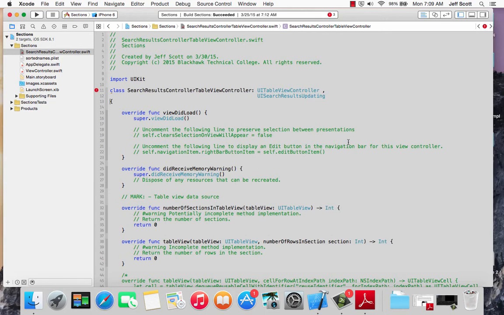Since it's going to implement the search operation for us, SearchResultsController needs access to the list of names that the main view controller is displaying. So we'll need to give it properties that we can use to pass it the names dictionary and the list of the keys that we're using to display in the main view controller. It says add the following code to the top of the file, which is where I am up here. All right, so